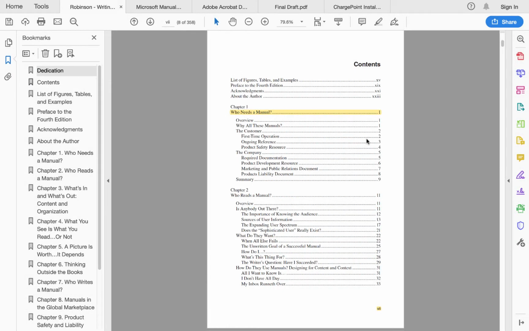As an astute observer of professional publications, you've probably noticed that the page numbers in the front matter, like the table of contents, are typically different than the page numbers in the main content. For example, the textbook for this class uses lowercase Roman numerals in the front matter, and the first page of Chapter 1 begins on page 1,